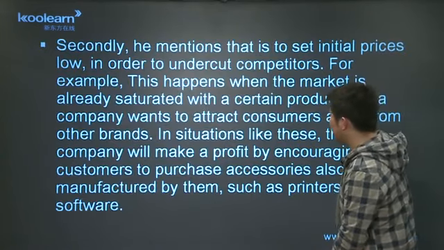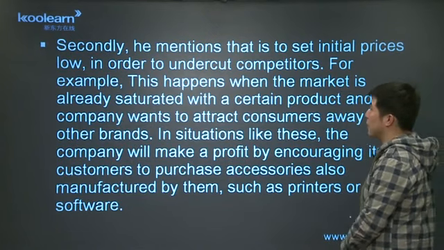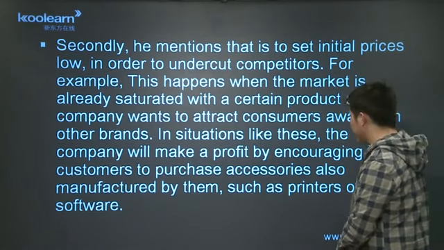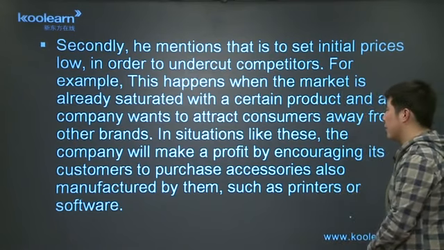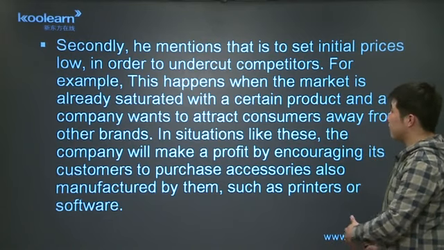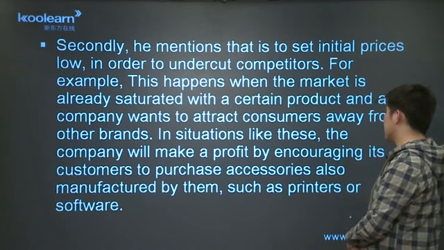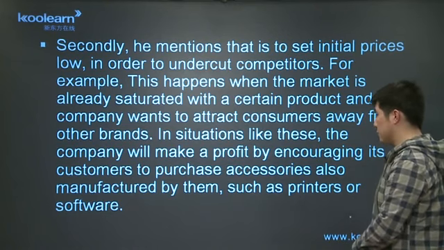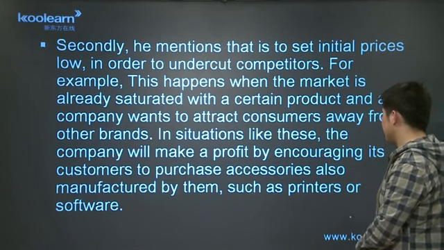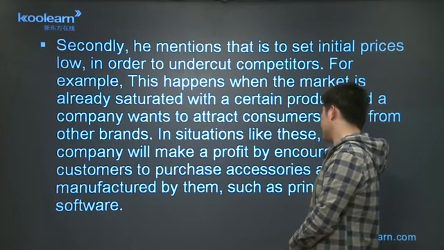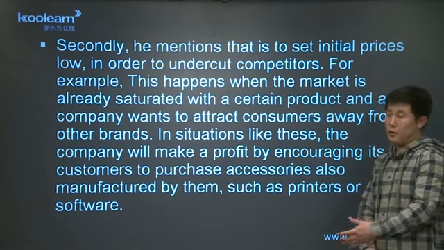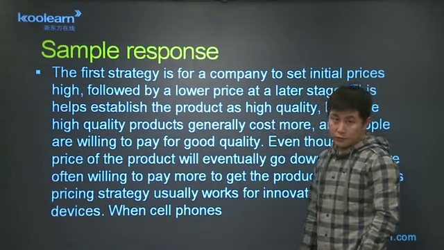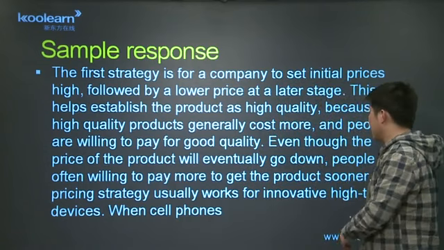product sooner. Secondly, he mentions that to set initial price low is in order to undercut its competitors. For example, this happens when the market is already saturated with a certain product and a company wants to attract consumers away from other brands. In situations like this, the company will make a profit by encouraging its customers to purchase accessories also manufactured by them, such as printers and software. Okay, that's all. If you don't want to use the template to answer the question, we can use this method. The first strategy is for a company to set initial